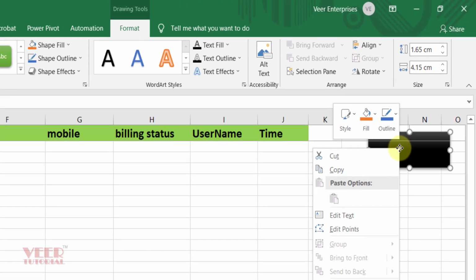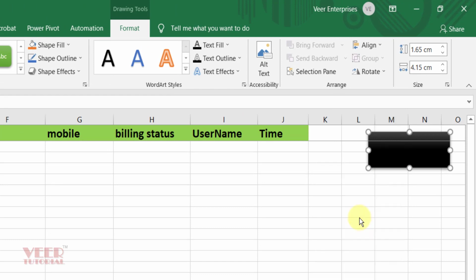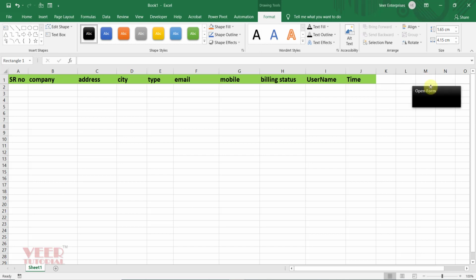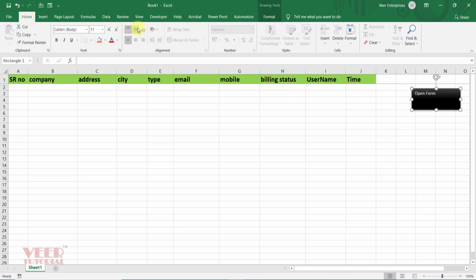Now right click, come to edit text, enter open form, click anywhere outside this shape, and you can move it a little bit downside. Select this one, come to the home tab, adjust the font, increase the font as well. Okay, now it looks nice.